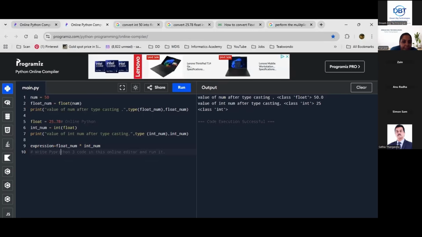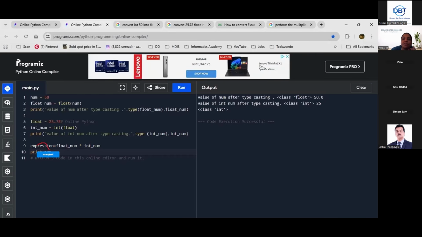Where are you printing? This is your comment. What is your variable name? See, the variable name is expression you have taken.